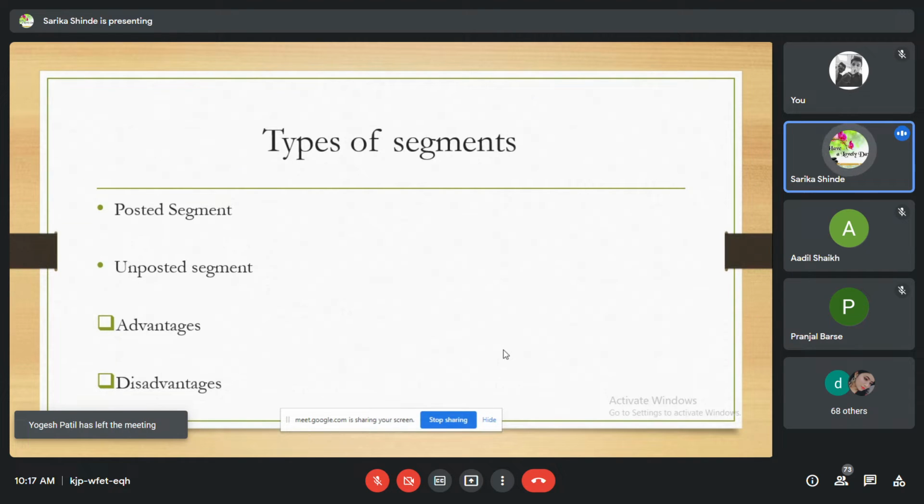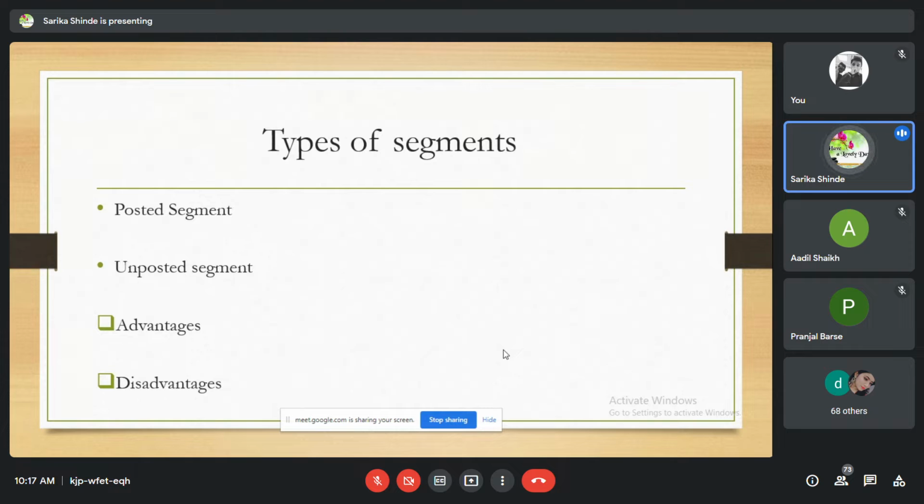Now we see some advantages of segments. The first advantage is the display file is divided into segments to represent different objects. Second advantage is managing and manipulating an object with a segment is much easier than managing and manipulating the entire scene at once.